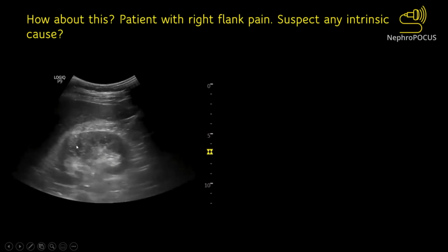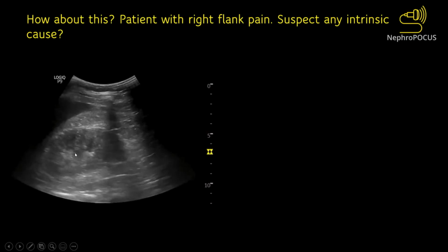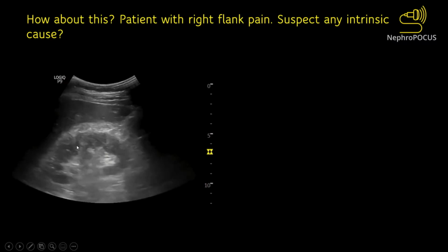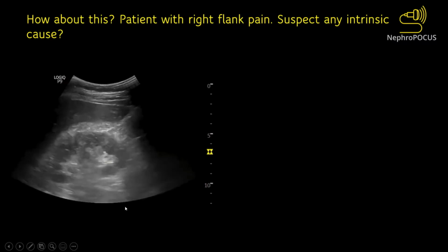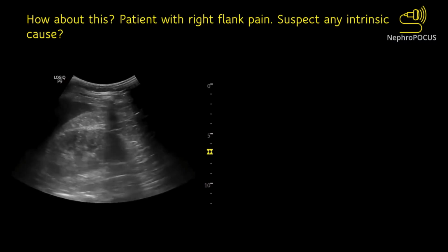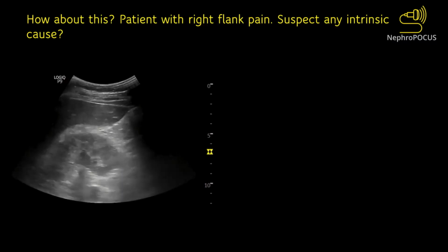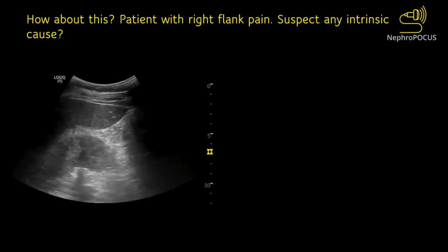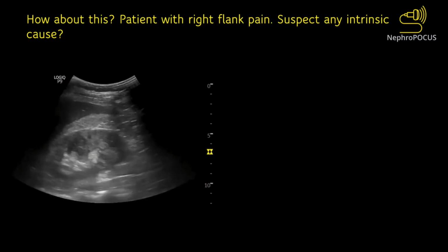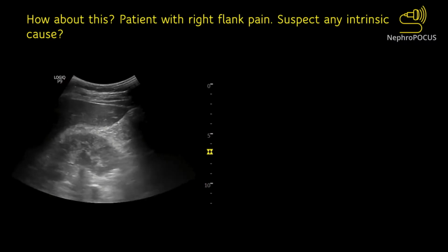I mean, maybe there is some hypoechoic area in this region. Maybe it gives a little bit of heterogeneous appearance to the parenchyma, but nothing really, right? So what's the next step you would do? Kidney ultrasound, again, is never complete without bladder ultrasound, and also never complete without you doing at least one color